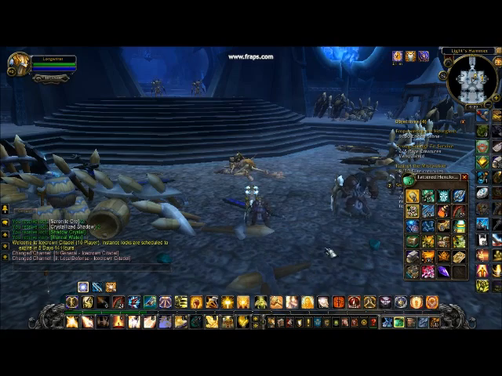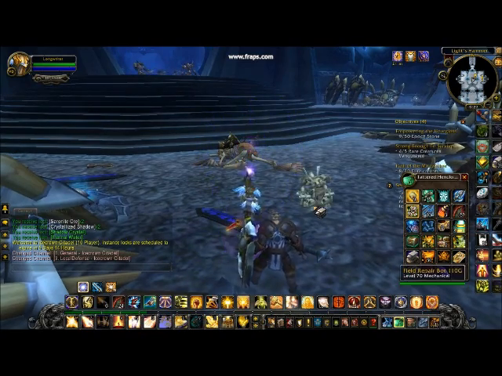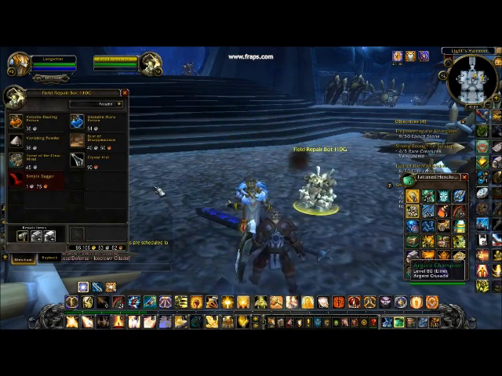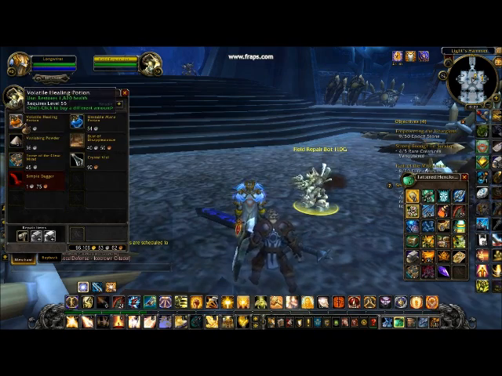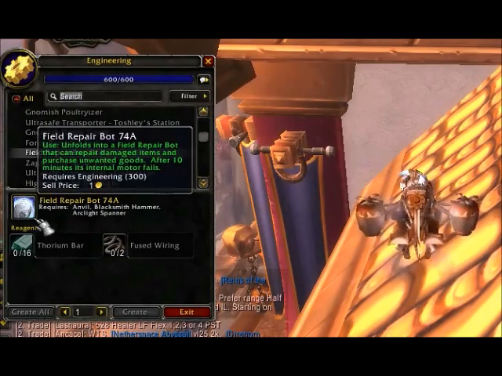Repair bots had always been an iconic and important part of engineering. Since raids were so hard and you died a lot, you needed repairs. So having an engineer around who can summon a repair bot was a really good thing. The only problem for engineers is that you have to keep spending materials in order to keep building repair bots